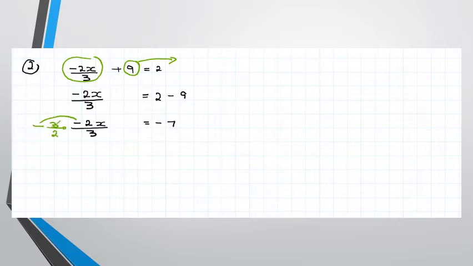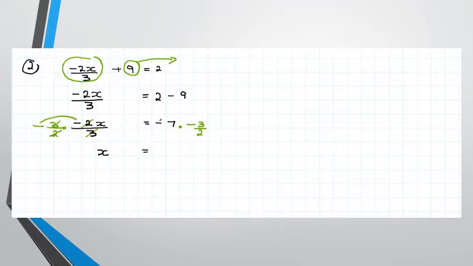So that 3 and that 3 can cancel, that 2 and that 2 can cancel. And then I know the rule. What I do on the left, I must do on the right. Multiply by minus 3 over 2. Let's see what I'm going to be left with now. On the left hand side, all that has cancelled, I'm only left with x equals